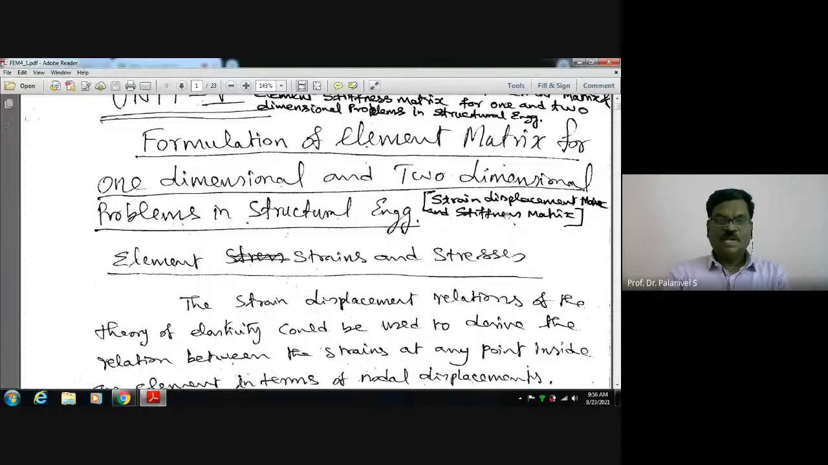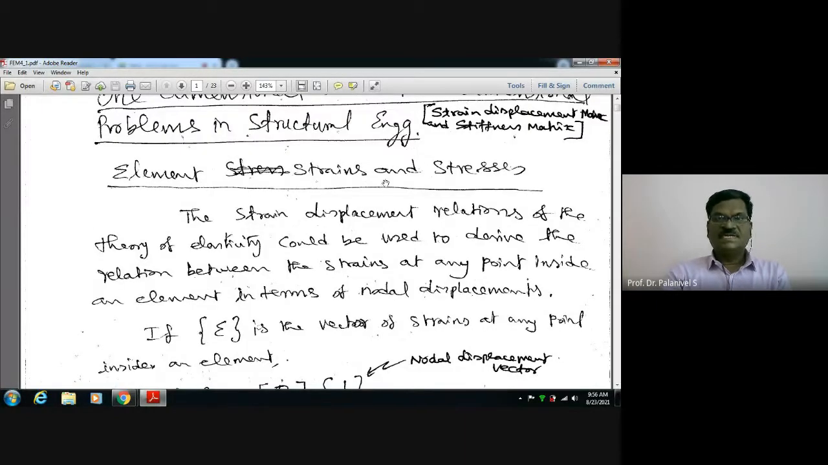Okay, so here I have given another heading: element strains and stresses. Okay, how to obtain element strains and stresses. You are going to get a strain displacement matrix and then the element stiffness matrix. Then we are going to write equilibrium equations. By solving it, we are going to get element strains and stresses. Okay, I want to have some discussion on element strains and stresses. Okay, before that,